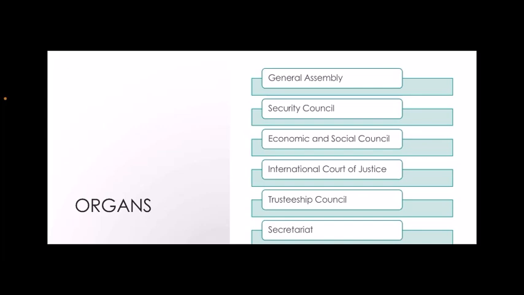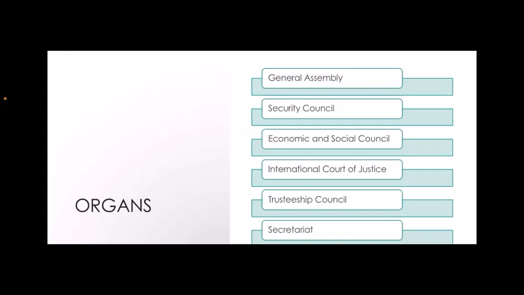Functions: start discussions at global level on issues like poverty, unemployment, economic and social inequality, and suggest policies to manage these problems. Discuss issues like women's rights, human rights, fundamental freedom, global trade, health-related issues, and make decisions on them. They also make efforts to establish cultural and educational cooperation at the international level. Coordinate the functioning of the different organizations working in association with the United Nations is also one of its functions.